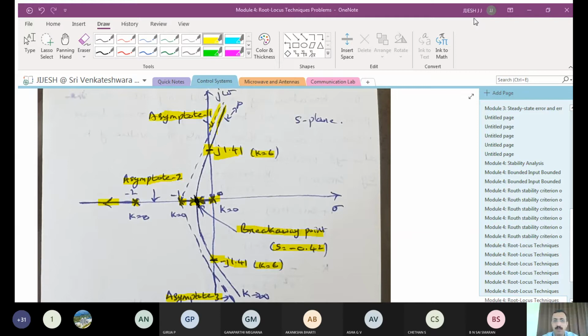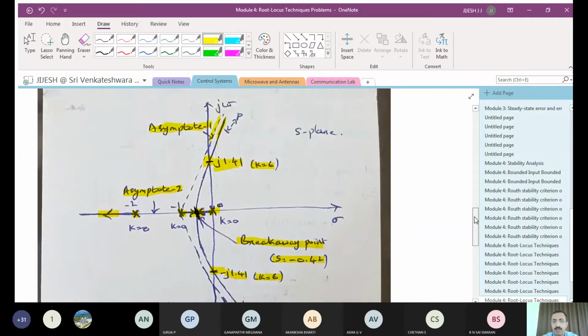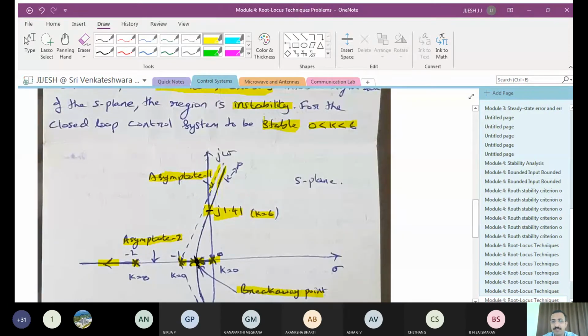So now when you are plotting it, you plot parallel to the asymptote. So this is the curve that will come. You need to touch these points, free hands you plot it, you'll get the graph in this form. So this is what we call the root locus plot, and here one more condition you have told, that the system will be stable only when k is greater than 0 and less than 6. So between 0 and 6, when the value of k lies, then only the system will be stable.